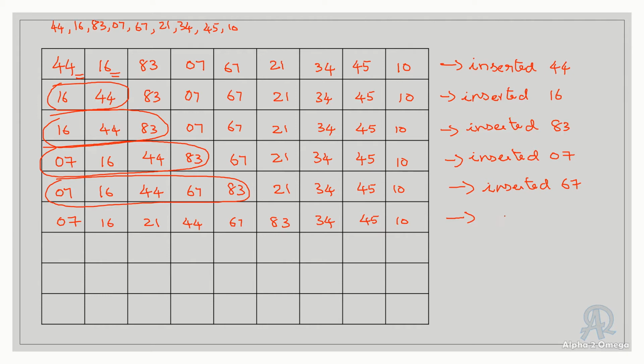So now what is inserted? 21 is inserted. Okay, so in this stage sorting is done up to here. Okay, now we checked from 34. So 34 will keep checking, and somewhere it has to be inserted between 21 and 44, isn't it? So accordingly 7, 16, 21. So 34 will come at this place, and all the other values will be pushed.